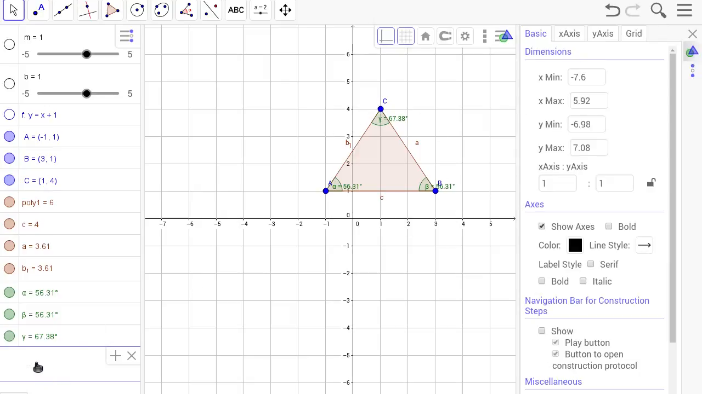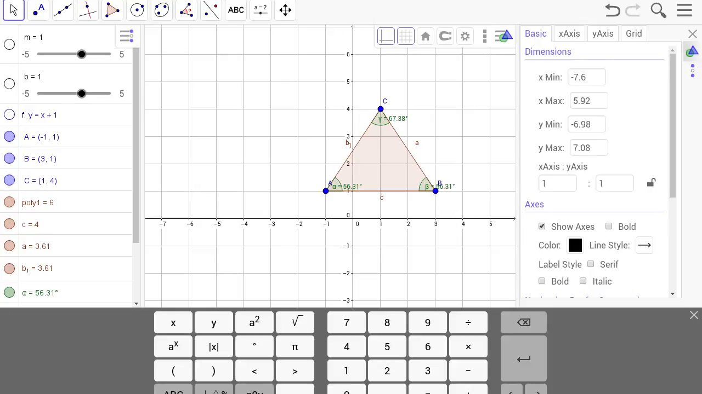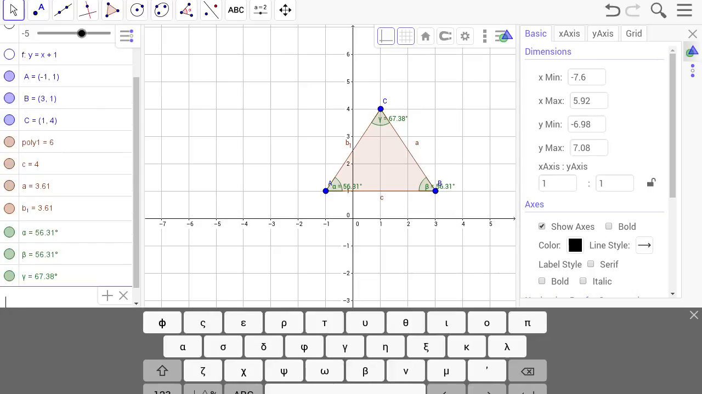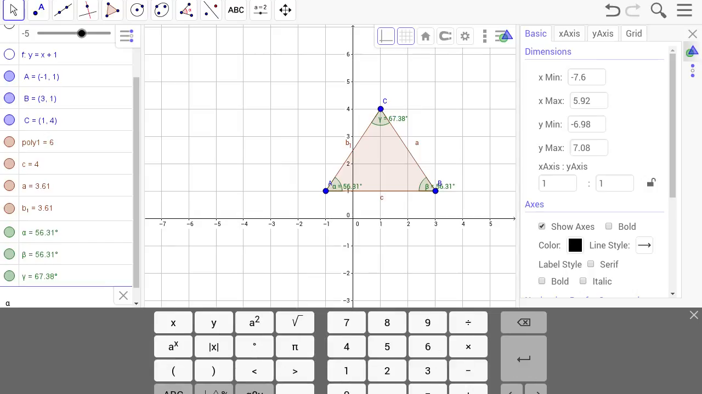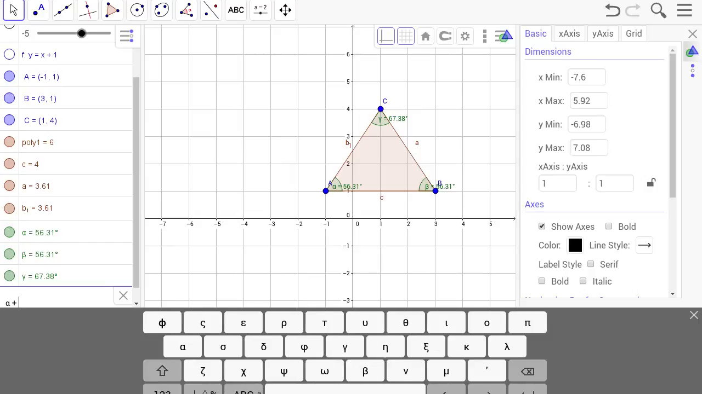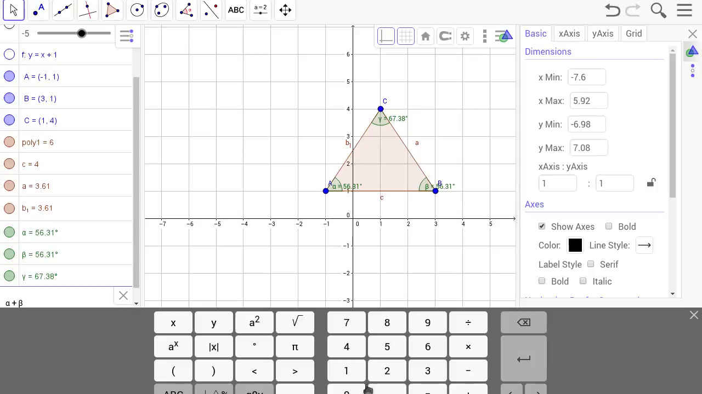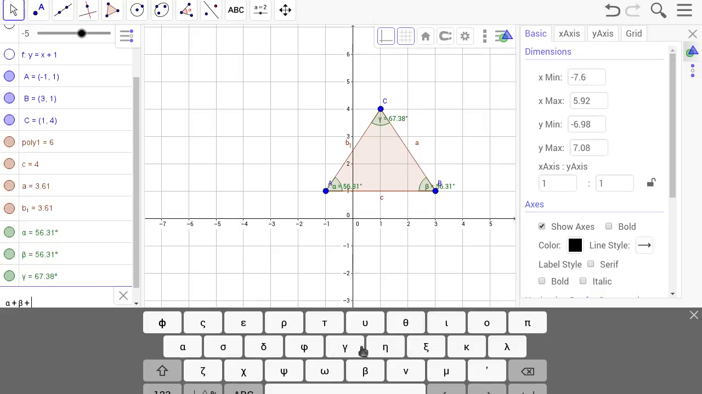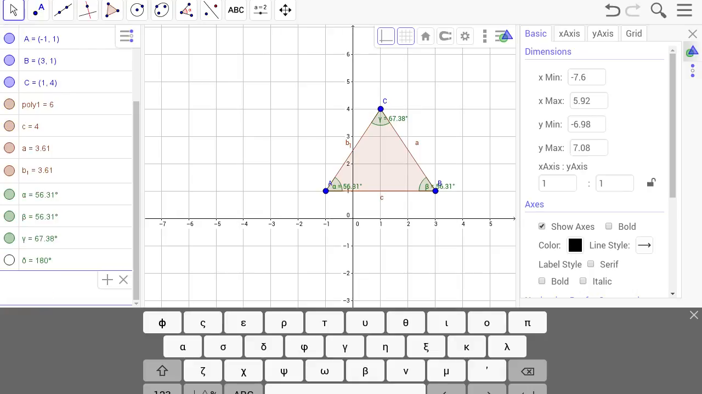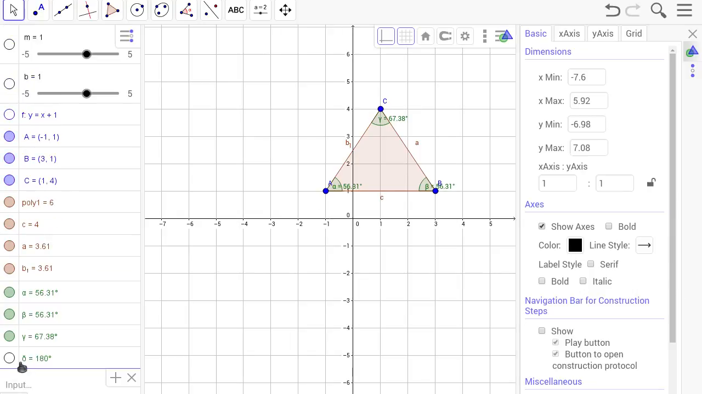So we'll go back to the input bar, and let's bring up the typewriter now so we can go to the Greek letters, and we'll type alpha, go to numbers, plus, back to Greek letters, beta, to numbers, plus, Greek letters, gamma, and then hit the return key. So we have a new value, delta equals 180 degrees,